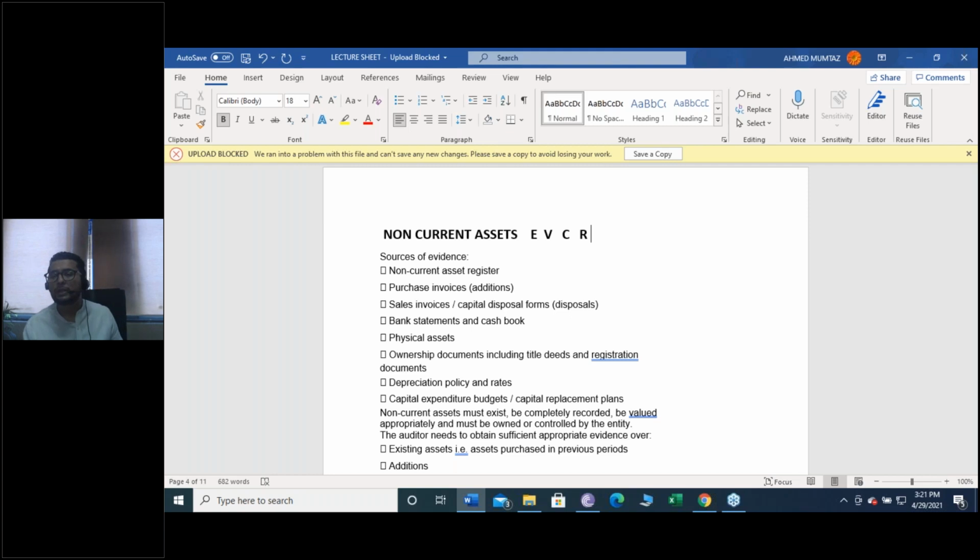For the new additions made during the year, you need to verify the corresponding purchase invoice, because those assets have been purchased. In order to verify the rights, the ownership, you might want to inspect the title deeds if it's a property. You might want to inspect the registration document if it's a car. And if it is a laptop, laptops do not have registration documents or title deeds, but laptops do have a purchase invoice. So I would like to inspect the purchase invoice in order to verify that the company name is on it. Is this clear?